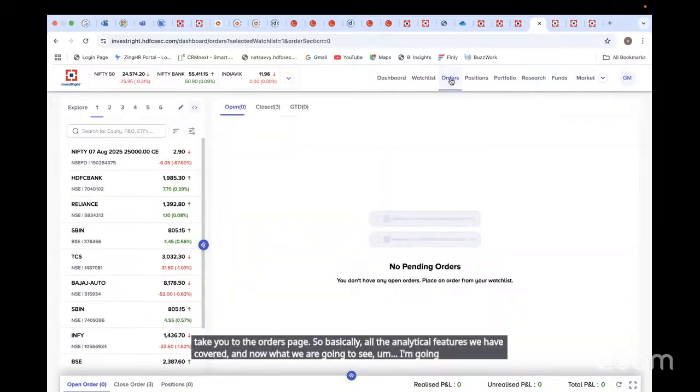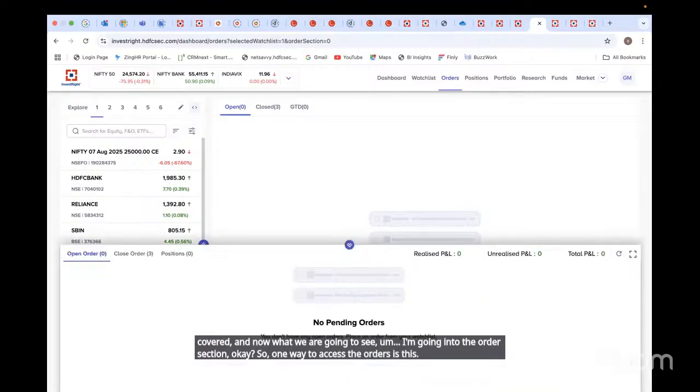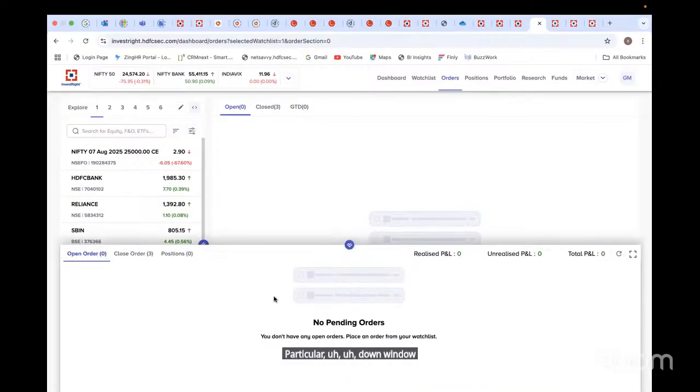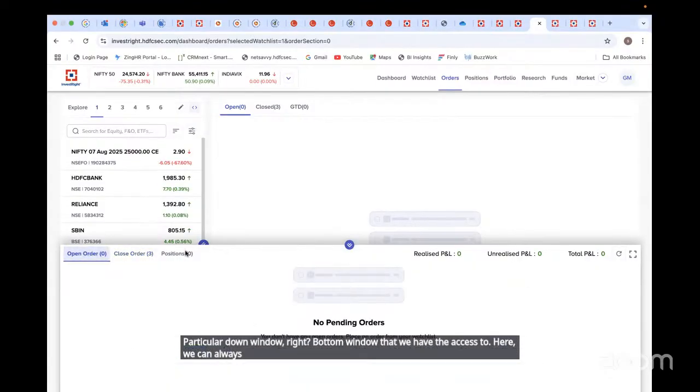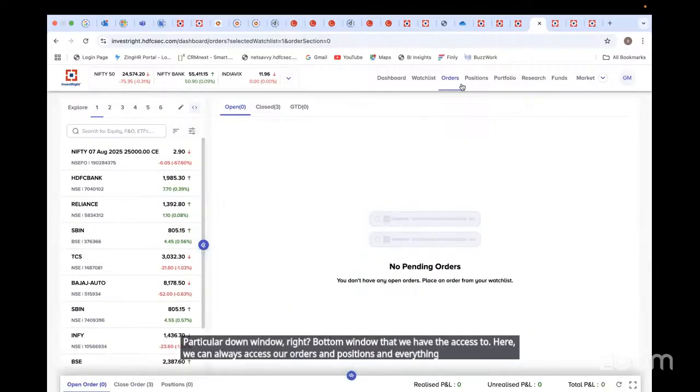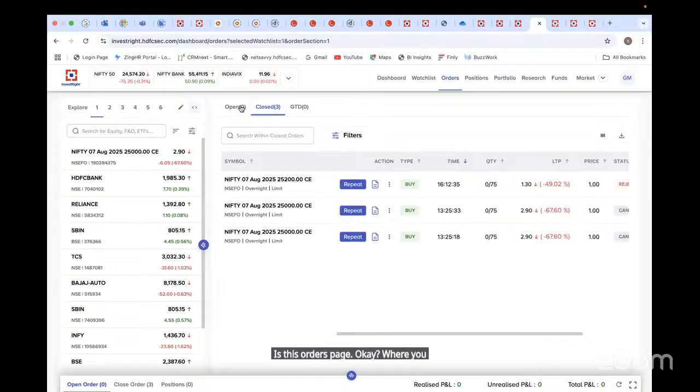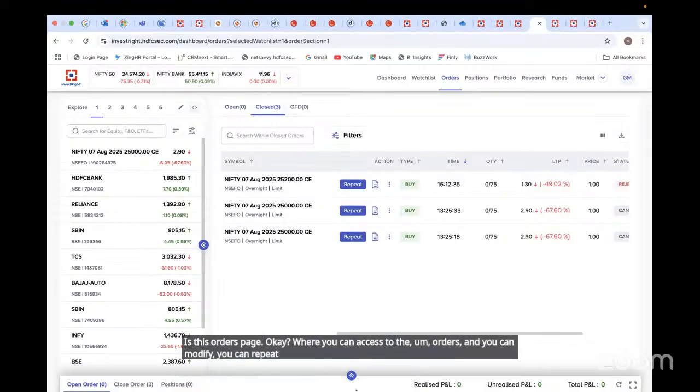I'm going into the orders section. Okay, so one way to access the orders is this particular down window, right? Bottom window that we have the access to. Here we can always access our orders and positions and everything. Another way is this orders page. Okay, where you can access the orders, and you can modify, you can repeat, you can cancel,